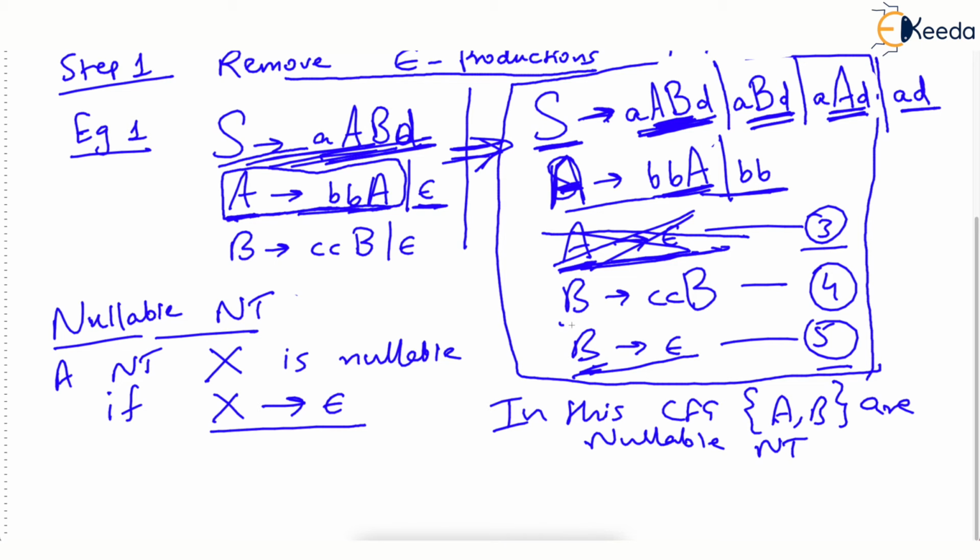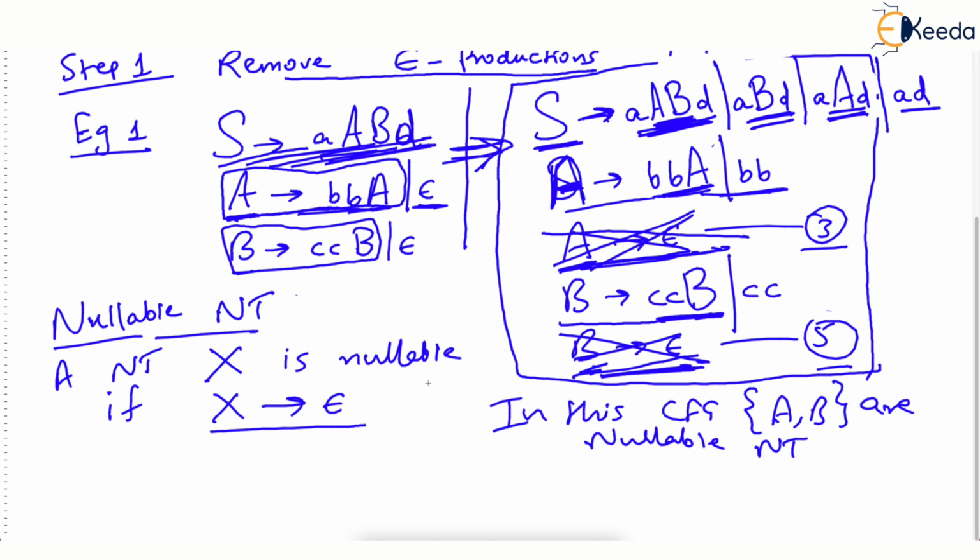Now let's look at the fourth production, B derives CCB. Does this have any nullable non-terminal on the RHS? Yes. B is nullable, and it is there on the RHS. So what will you do? You will write the production as it is first with the nullable non-terminal and then again without nullable non-terminal. So this production B derives CCB breaks up into two different productions. Now let's see the next production, B derives epsilon. Now you can kill this, destroy this, and you can say that this null production or epsilon production can now be removed.